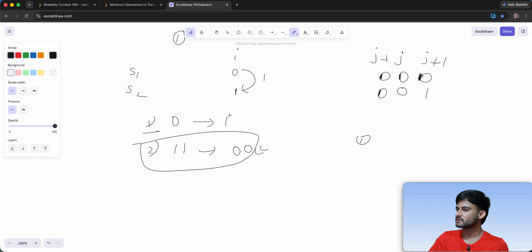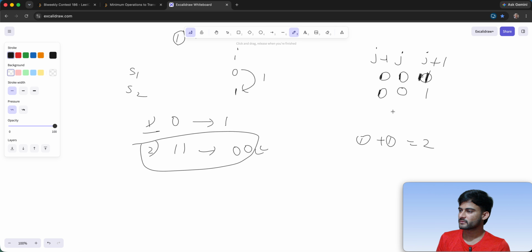So you will eventually apply the first kind of operation and you will change it to 1, right? And this also takes one operation. So in total you required two operations to convert this particular 1 to 0. Okay, so now you see that to optimally solve this problem, we need to first convert all of the 1